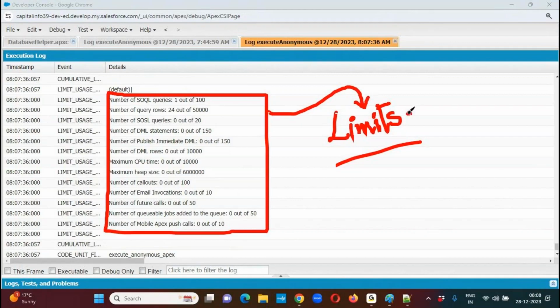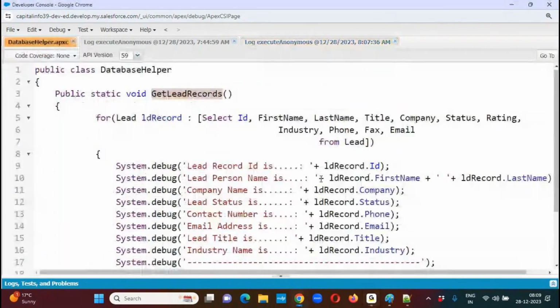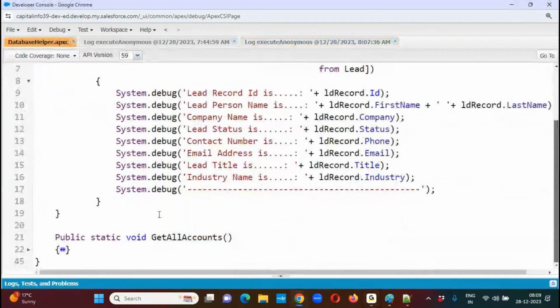In this Limits class, we have so many methods to know how many SOQL queries we have used, how many records the query has returned, how many SOSL queries we have used, how many DML statements we have used, and how many records a DML statement returns. Everything we can collect through ready-made methods. Now, how can we track? Let me show you. Once the code has been executed, here I would like to print